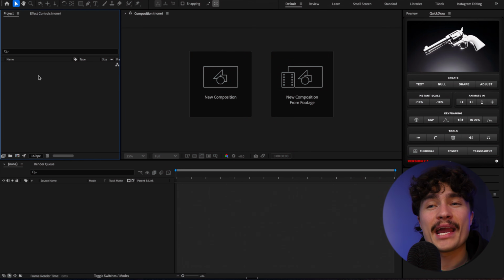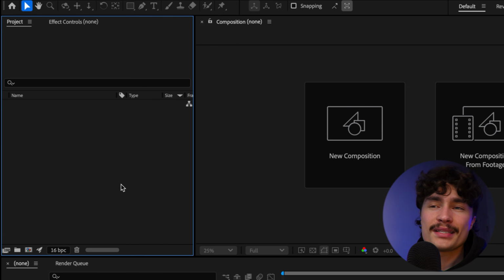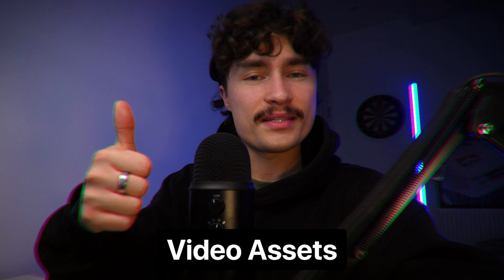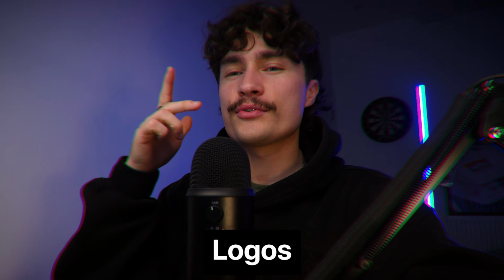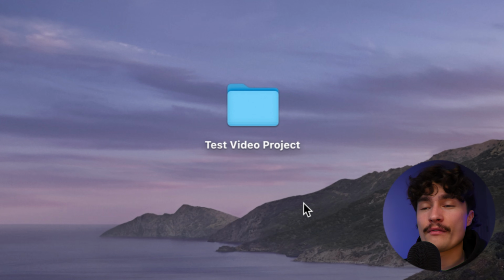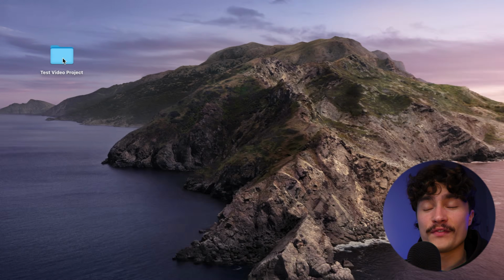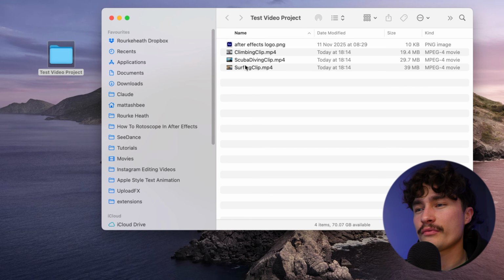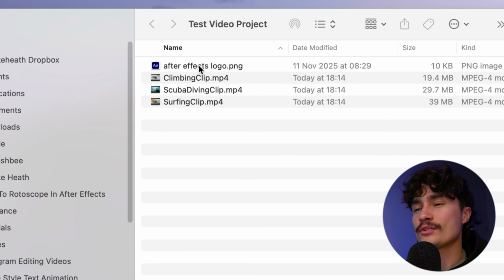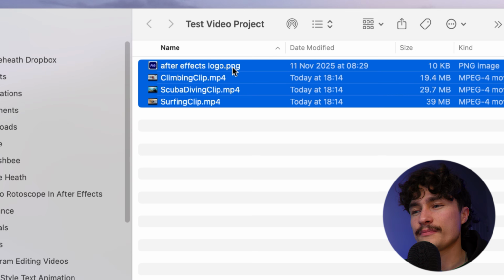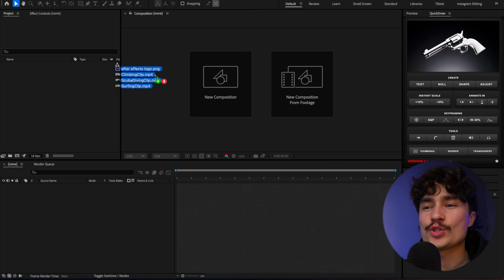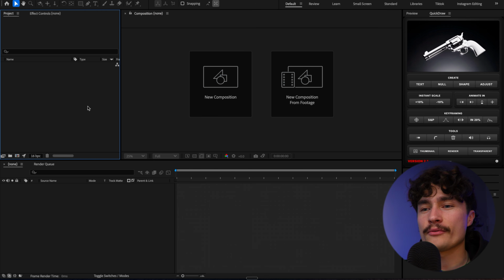So first of all, this area on the left here is our project panel. This is where we can drag and drop any video assets, images, logos, anything that you want to be in your project will go in here. So here on my desktop, I have a folder which has everything I possibly want for this video. We can see I've got myself 3 video clips and an image. I'm going to select all of these, and then you can quite simply just drag and drop them into your project panel. And we can see they are loaded in there nicely. This doesn't mean they're in the video yet. This just puts them in a nice, neat area that we can have quick access to them